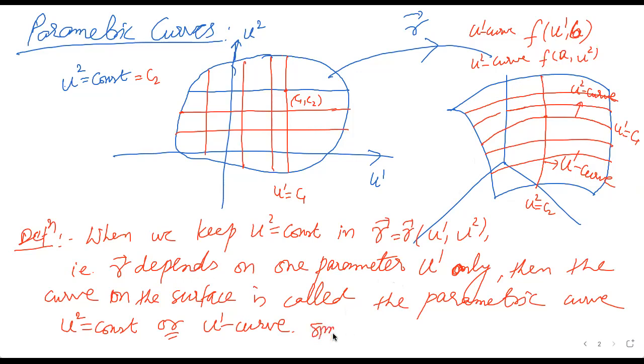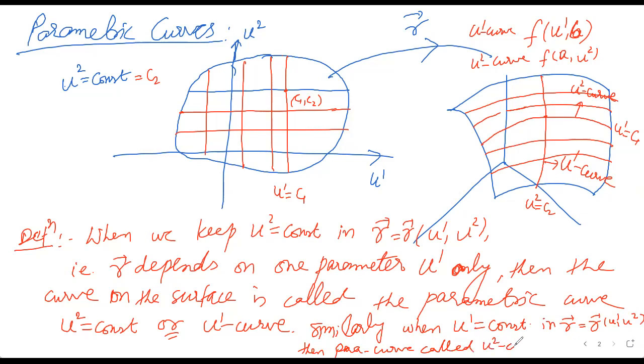Similarly, when u1 is equal to constant in r is equal to r of u1 u2, then it is called the parametric curve called the u2 curve, and the two together are called